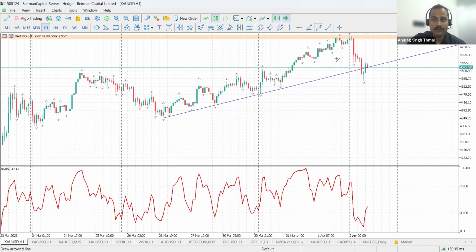Now what we need to do, this is not a buy. First of all, see this low, exactly this low is being respected by the market as a very important resistance, and prices are taking a U-turn. So high probability that prices are going to take a correction to the downside. If you are very aggressive like me, you need to decide whether today you want to play aggressive or conservative. So today I'm going to play very aggressive.